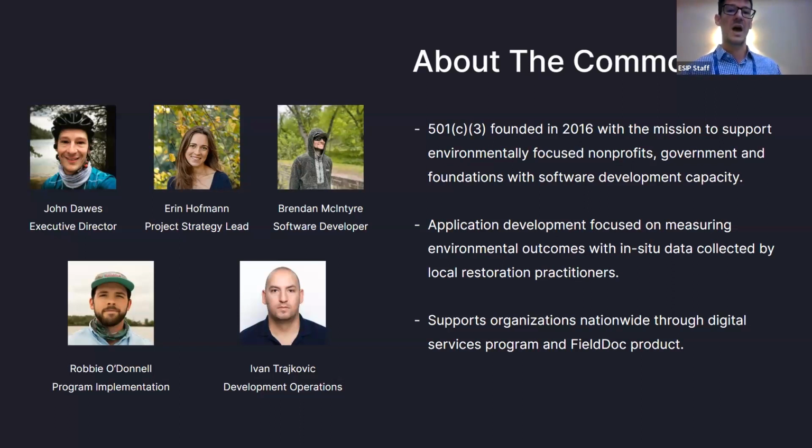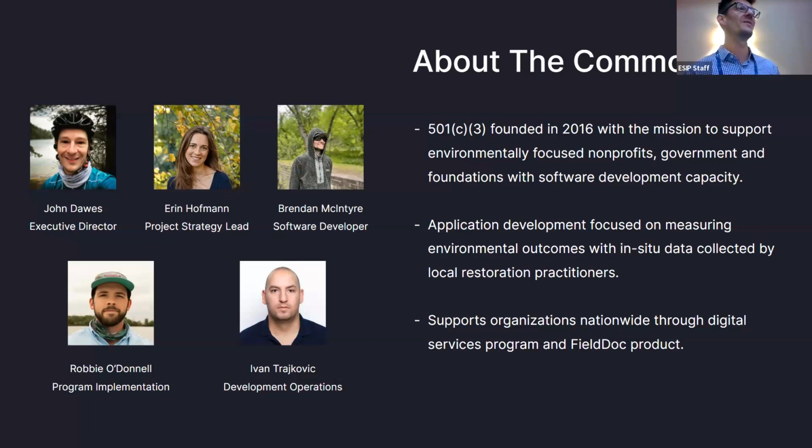Our work is primarily focused on supporting local government, state and federal government and foundations, as well as environmental groups, with being able to access more robust software development capacity and resources. We're a team consisting of environmental policy folks, as well as software developers that really work to build solutions and capacity for groups that are working to improve the natural world.